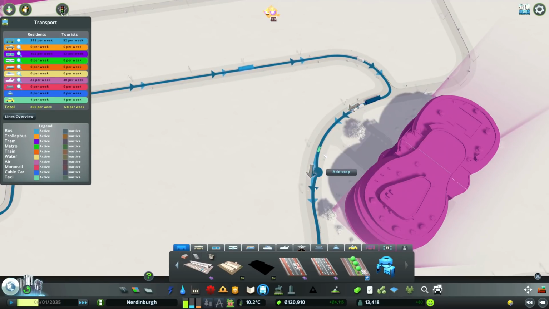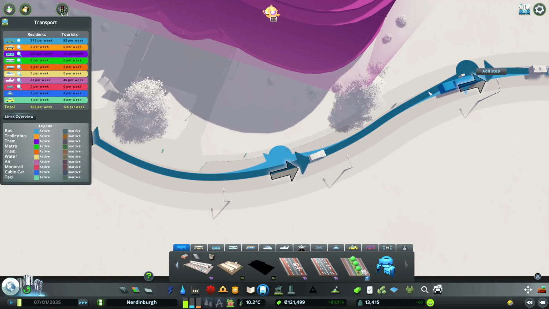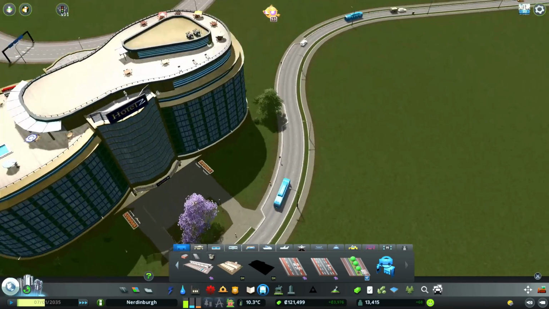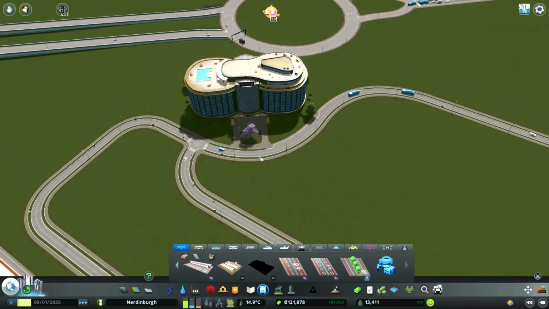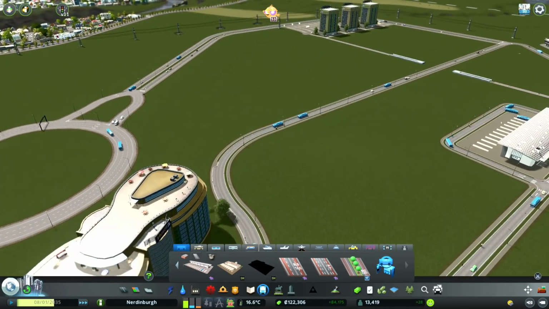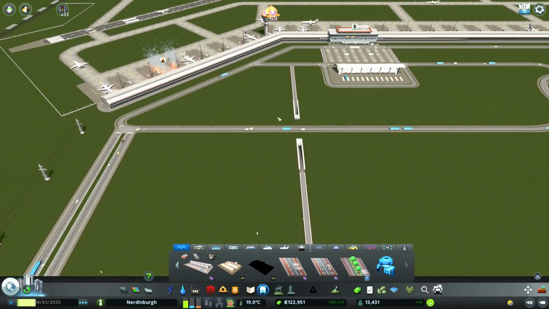I'd be tempted to put a bus stop over here as well, just so that we can have a couple of bus stops. So I think we'll do 2 of them. Something like that. It's a little bit interesting. And I might change the color of these buses as well at some point to be something that's not blue, but I need to get the mod that lets me...